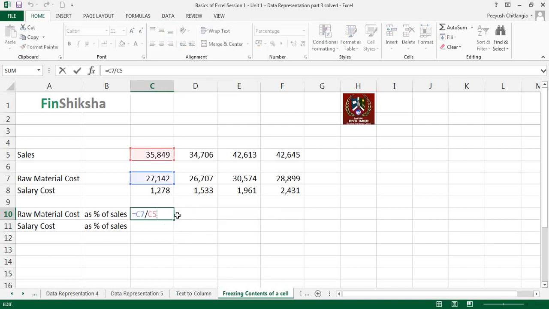So note, my problem statement is when I move downwards, I want to ensure that C7, which is raw material cost right now, becomes C8, salary cost. But I want to ensure that C5 stays where it is. It does not move, right? How do we do that? For that, you need to double click this so that the formula is shown. Click on C5, put the formula there, click on C5 and then